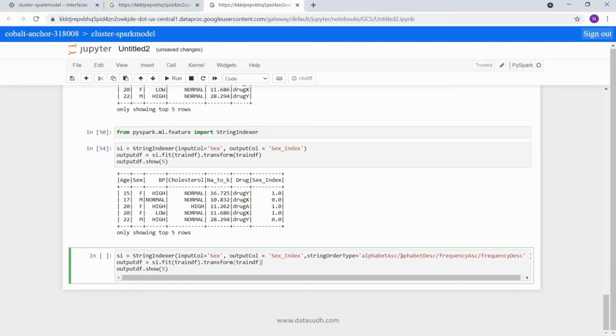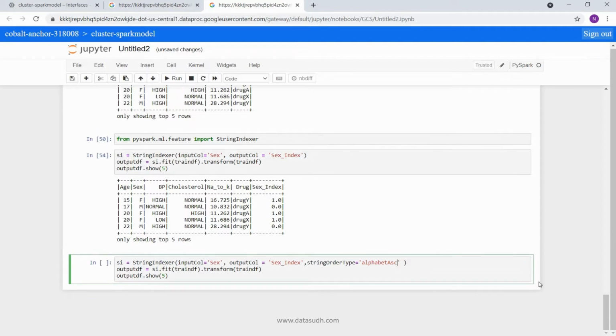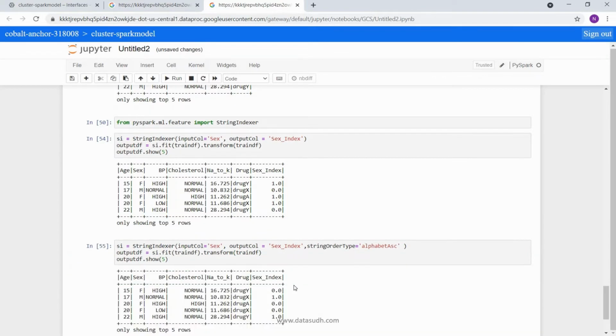Let's say I pass alphabet descending or alphabet ascending as a string order type. If I run this, you can see, if you compare with above, that here your female had index value 1 and male had index value 0.